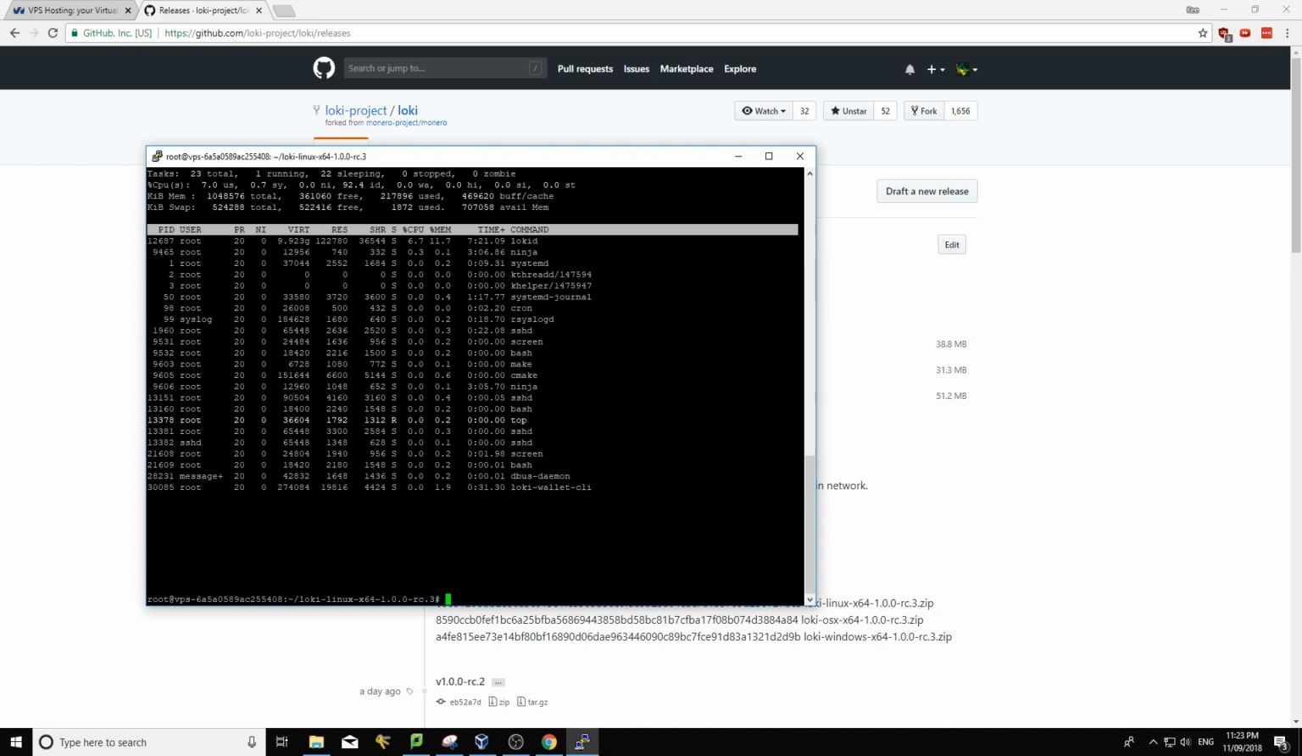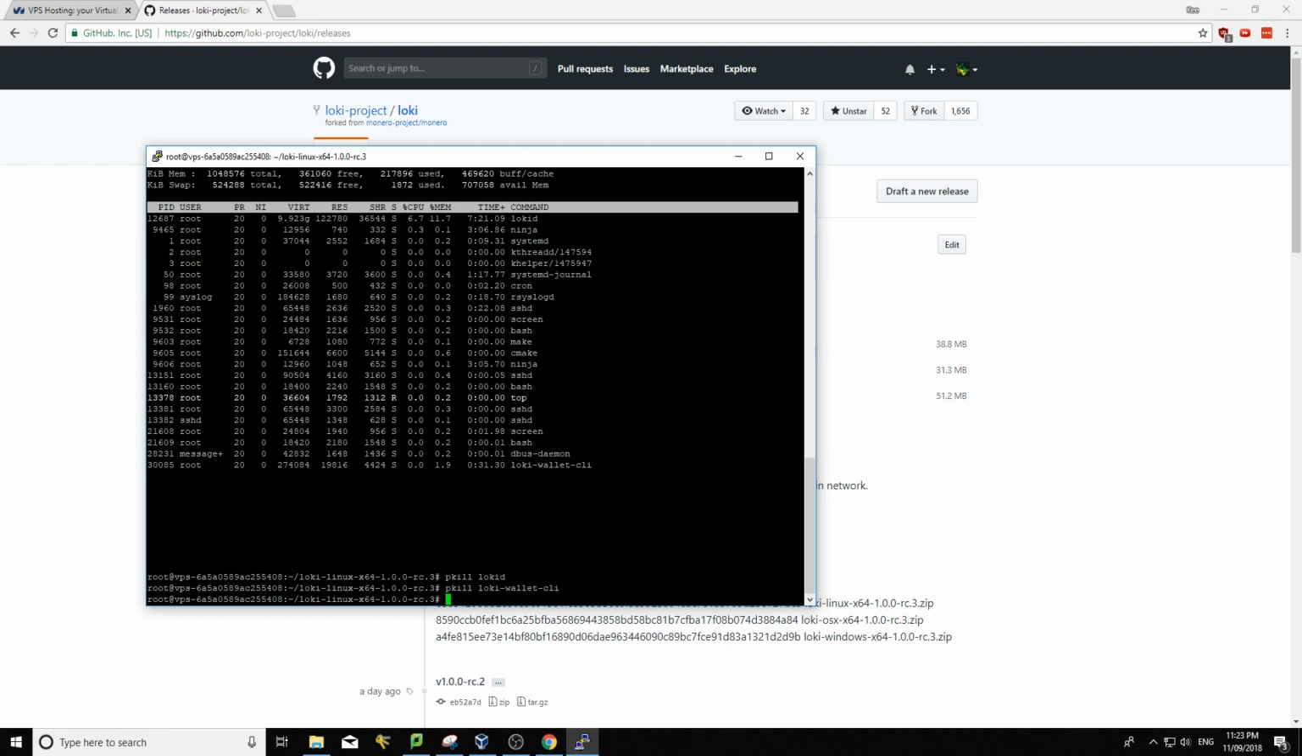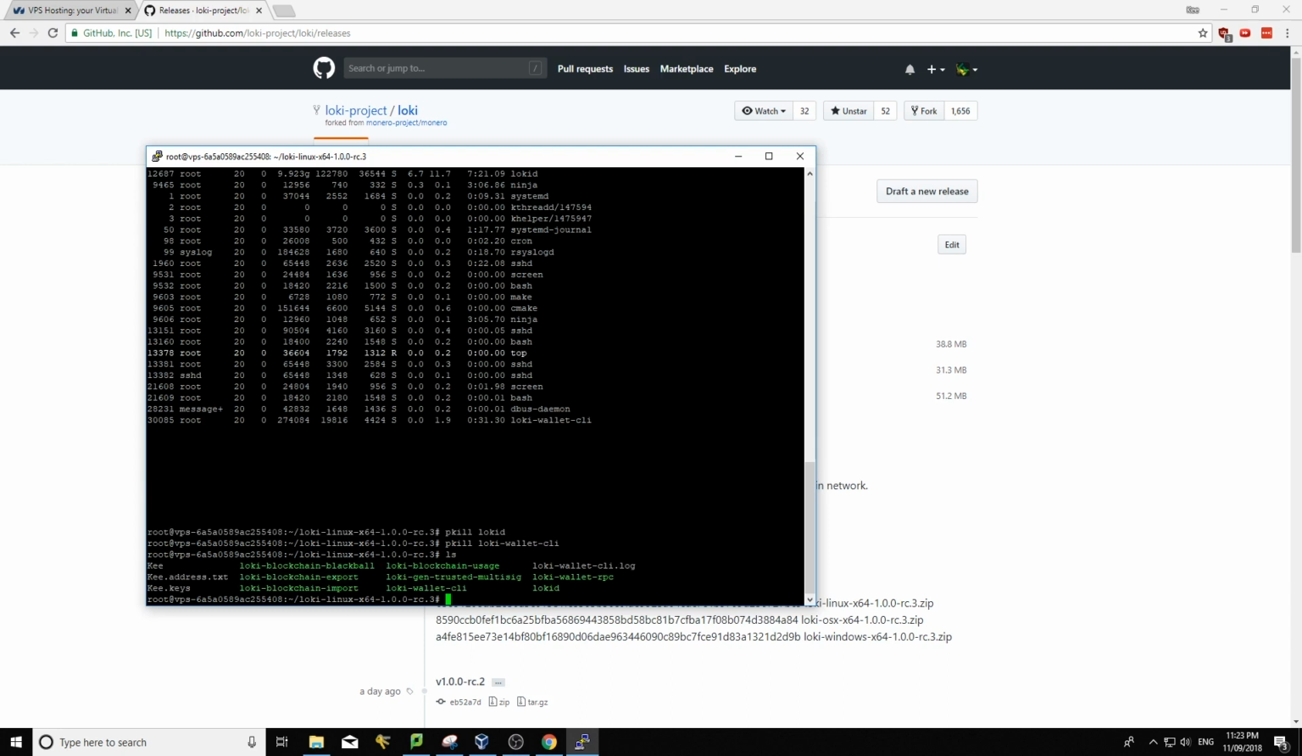So what I'm going to do is use something called pkill. So pkill is like process kill. So I'm going to pkill Loki-D, and this will kill the currently running Loki-D. And then I'm also going to pkill Loki wallet CLI. Cool, and that will kill that process, so I can start over again here, which is what I want to do. So now I'm going to type ls again just to show the files that I've got in here,